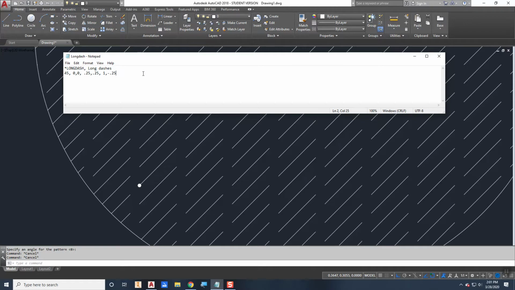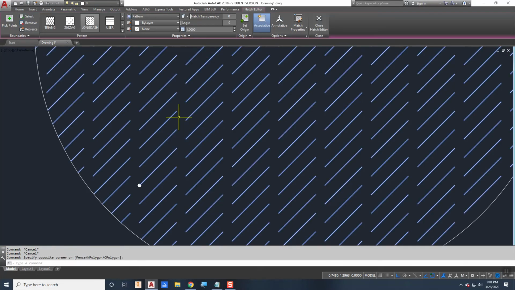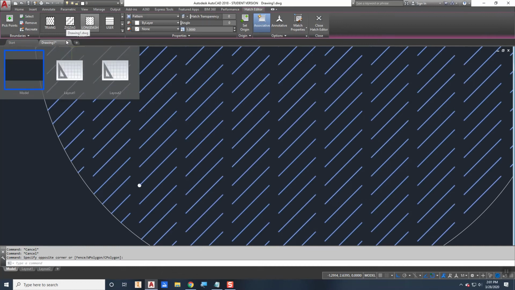I would say, okay, I've got my long dash and my space. Now if I want a dot, just like a line, it's a 0, followed by 0, followed by a negative 0.25. So now I'm going to get not just the long dash and the space, but a long dash, a space, a dot, a space, and then the long dash starts again. I'll save this, and finally, when we come back in here and make it think about it again,